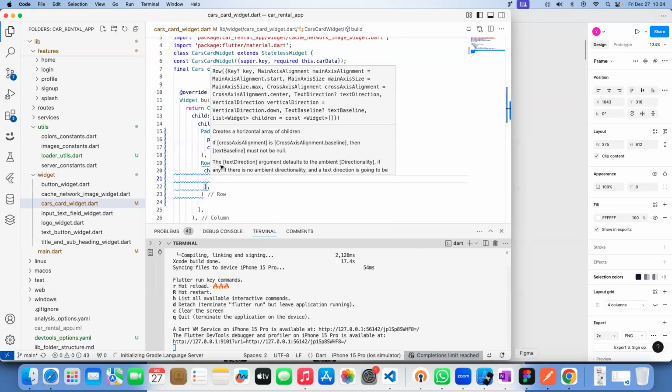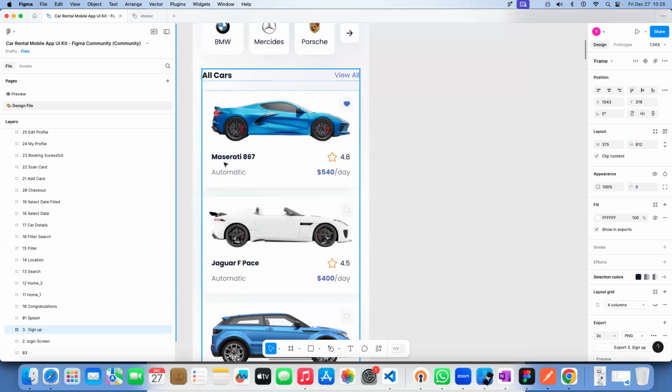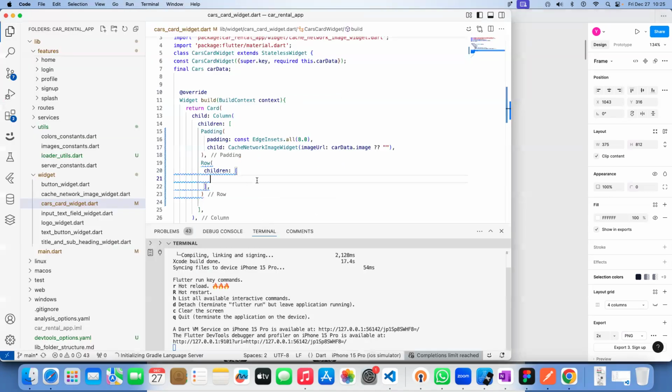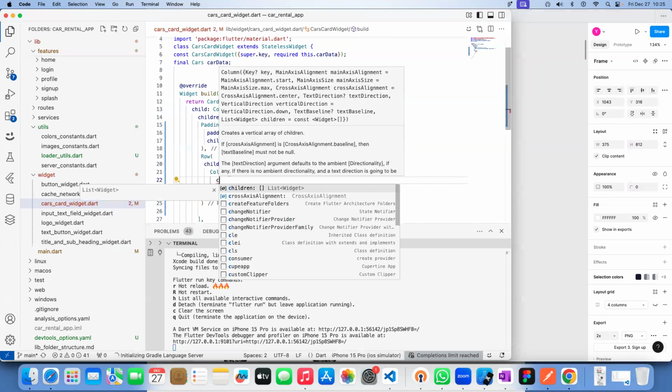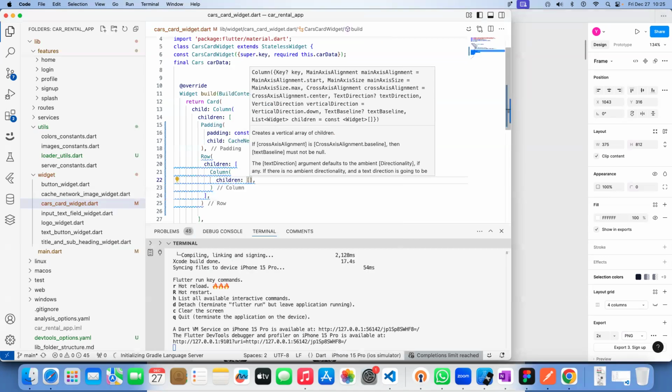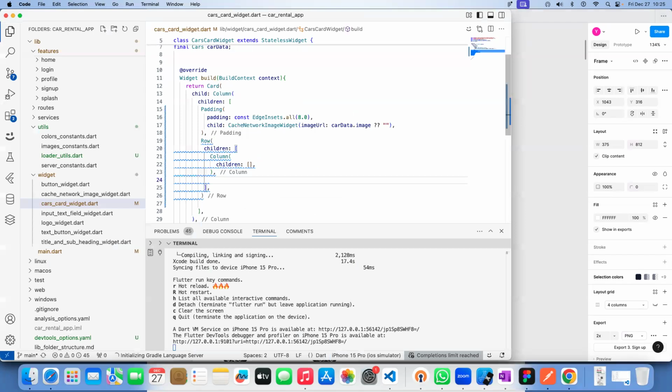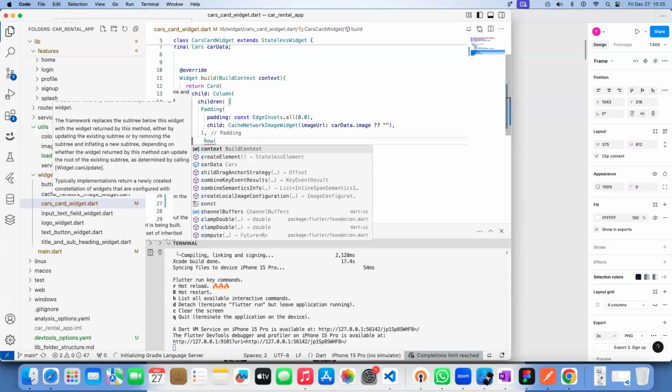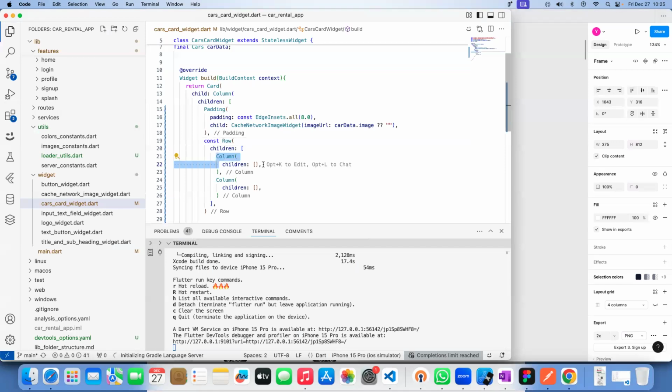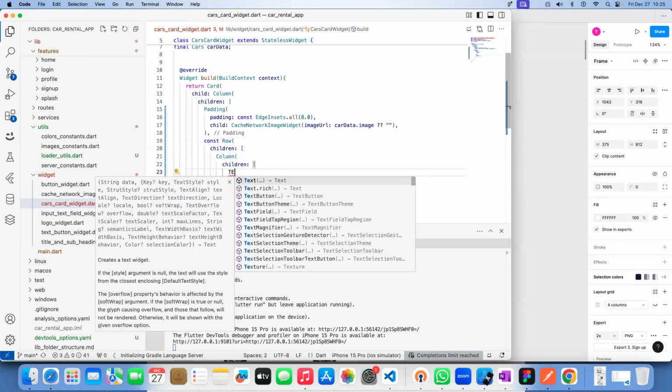Okay, what is this? Name and transmission are two things rendered in a column, and these two are rendered in a column. Both are rendered inside the row. Okay, for this I will take a column, the children, and comma, children. For now I'll put a constant here. Okay, now in this column I will load